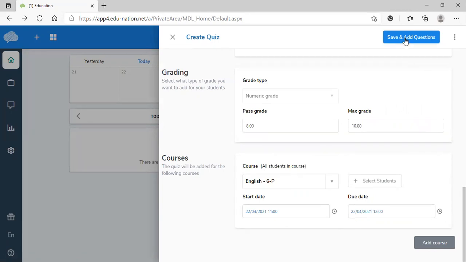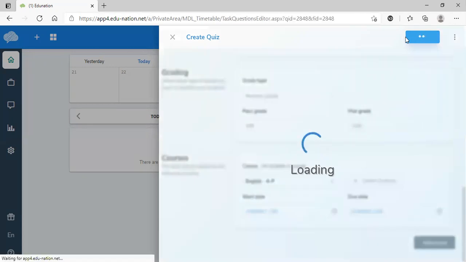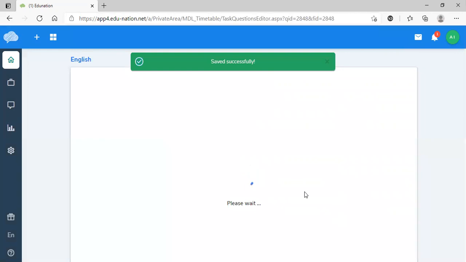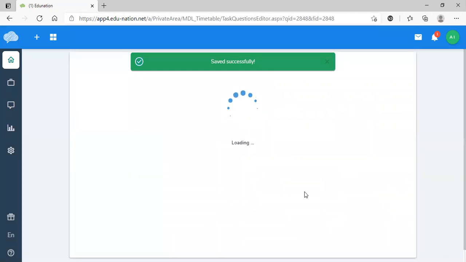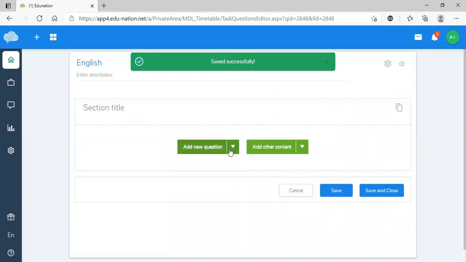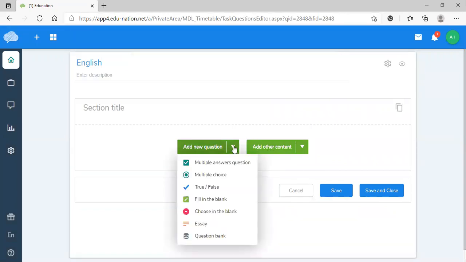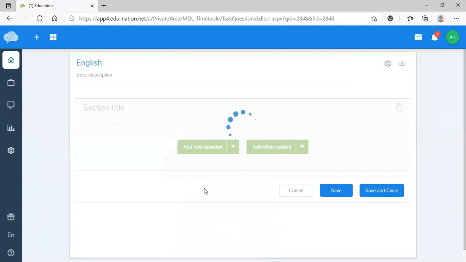Let's check them and save and add. When we save and add all this information, then we'll get the next portion. The next portion is to select the question. Which kind of question you want to say. Add other contents, and we want to make the quiz because there are multiple choice. There is another, multiple answers, and true false, fill in the blanks, choosing the blank. Also essay you can write and you can do this also, but I am going to show you only true